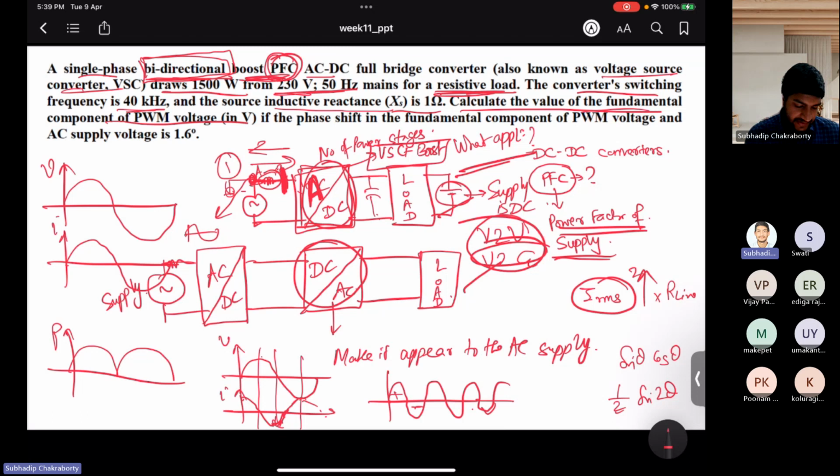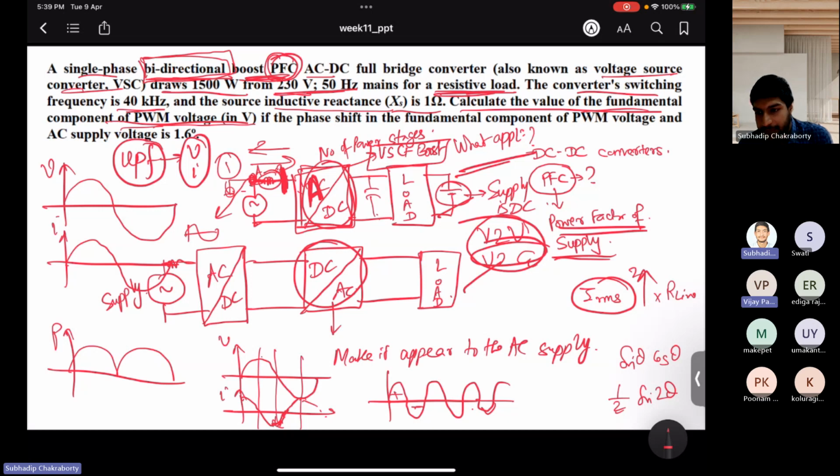So what is asked is the value of the fundamental component of the PWM voltage. Can any one of you tell me, if you recall, I told you the power transfer happens for the fundamental component only, because you are doing PFC. Assuming that your converters are operated to achieve PFC, and controlled in that way, your supply is throwing purely active power, right? Agreed or not? Because if you are achieving UPF and your V and I are both sinusoidal,